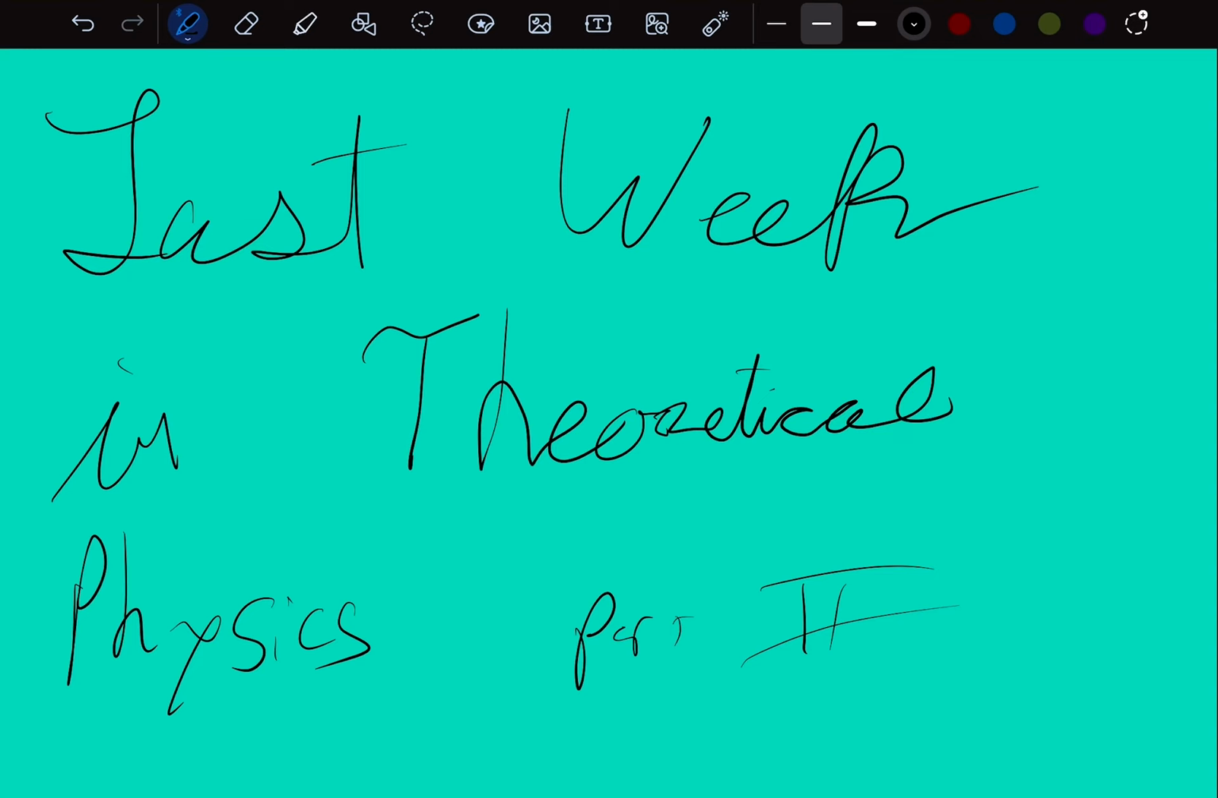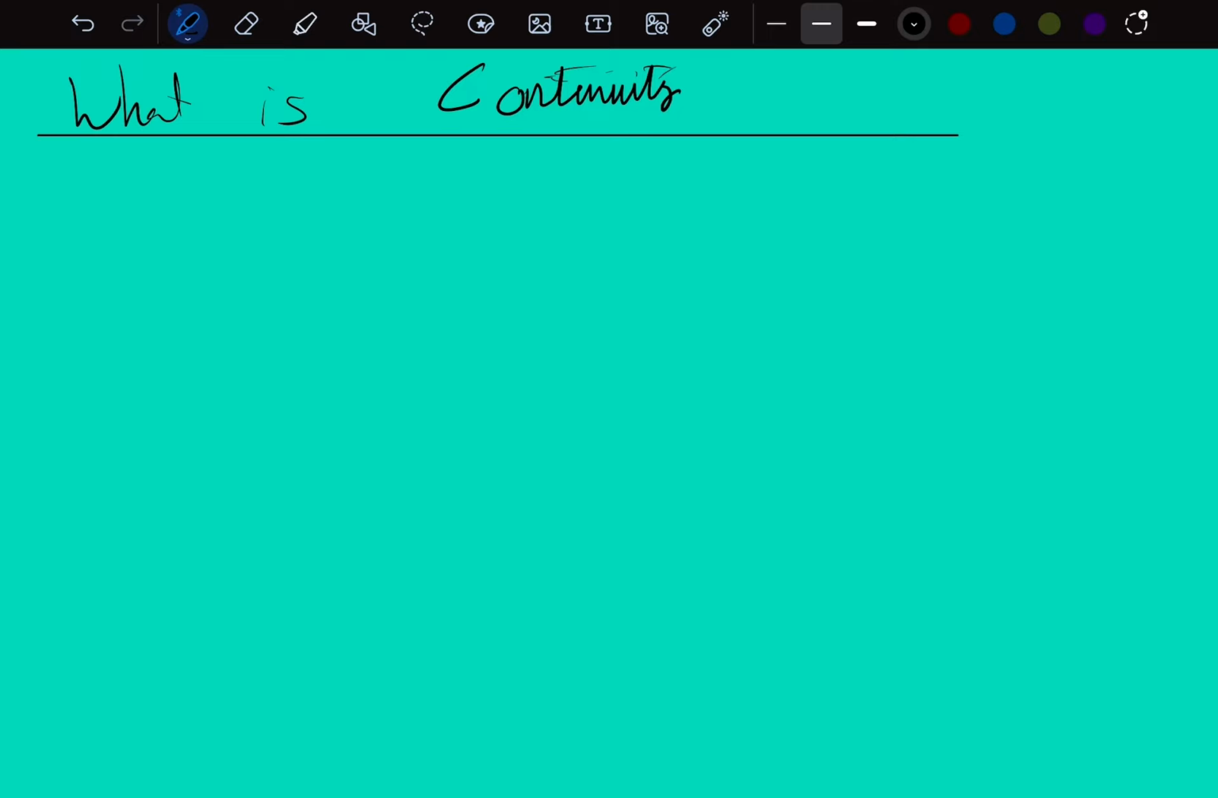So let's go again. Last week in theoretical physics, I learned continuity. What is continuity? Well, first we can talk about what isn't continuous. So let's begin with a simple function. f of x, that just means function. It's like y equals something, is equal to x minus 2 over x minus